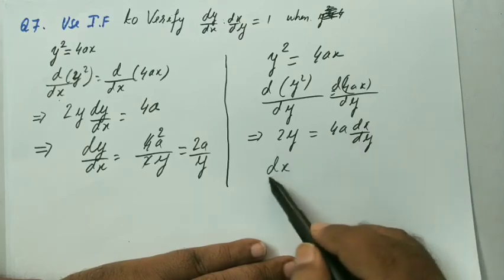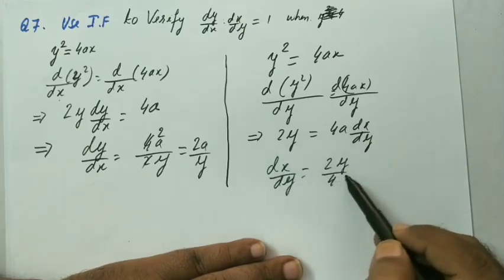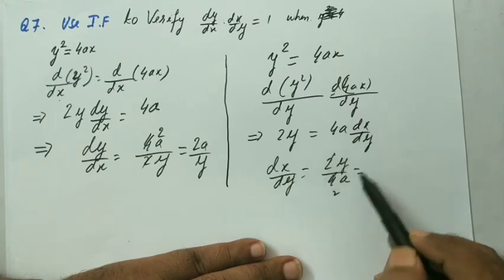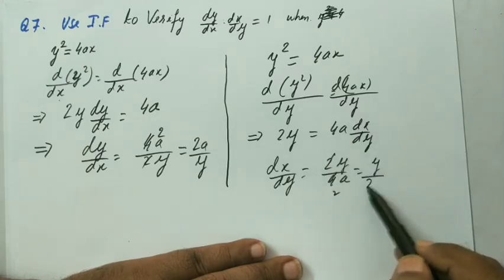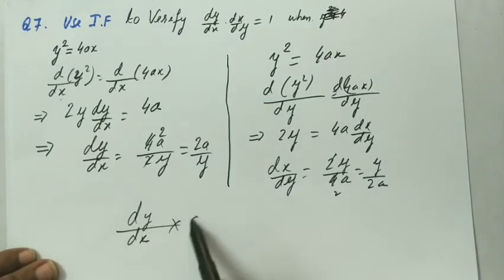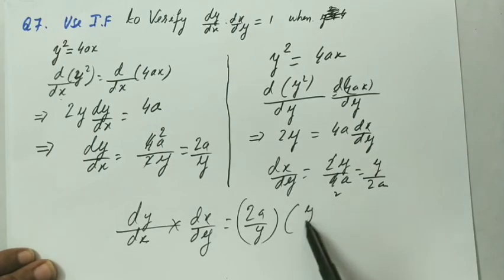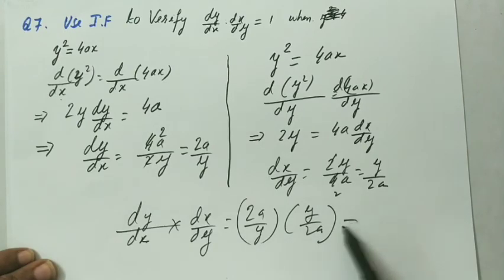So I get here dx by dy is equal to y by 2a. If I multiply dy by dx equal to